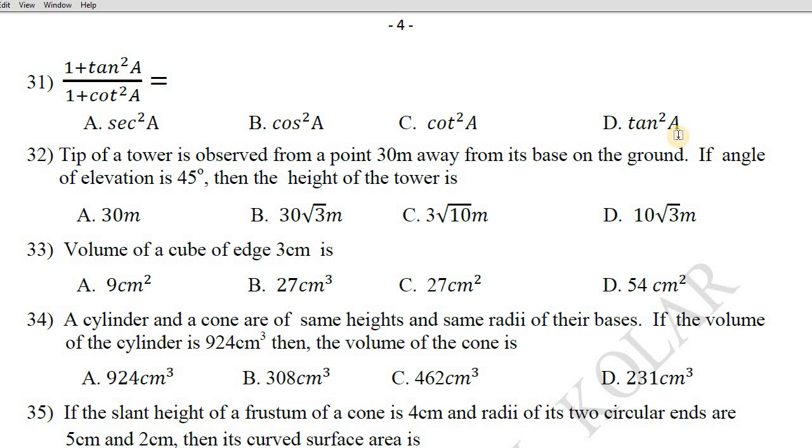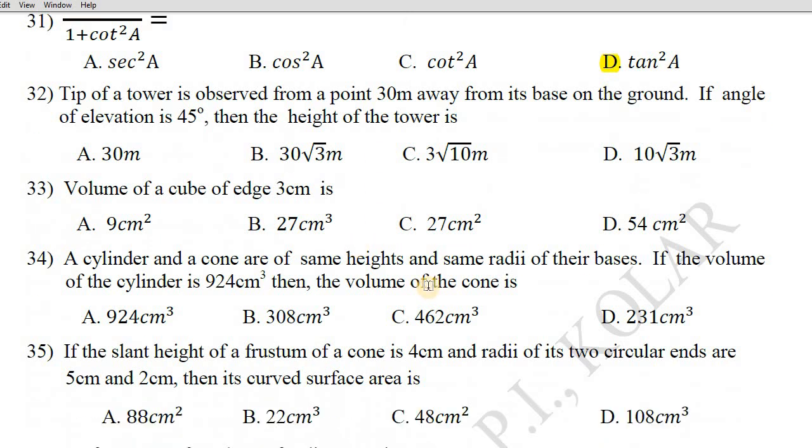Now what you have is sec square A by cosec square A. Sec square A is the reciprocal of cos, isn't it? So 1 by cos square A, whole divided by cosec square A, which is the reciprocal of sine. So we can write 1 by sine square. Now take the reciprocal for the denominator. So finally we get sine square A by cos square A, which we can directly write as tan square A. Hence option D is correct for this problem, children. I repeat again, option D, tan square A, is the correct one.